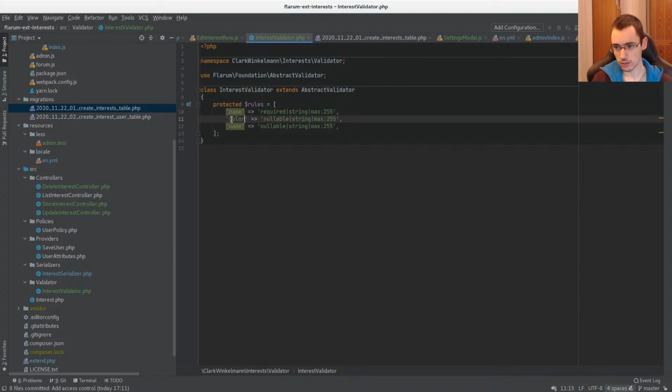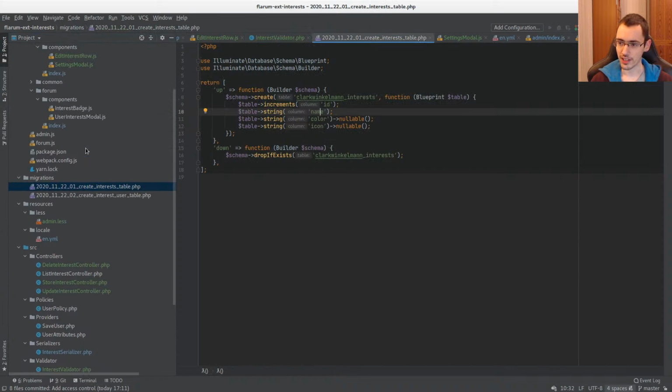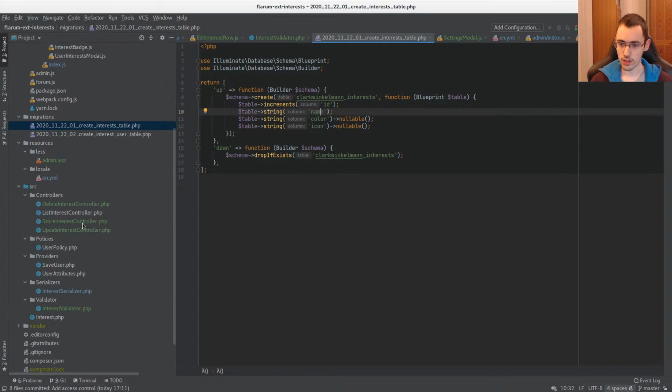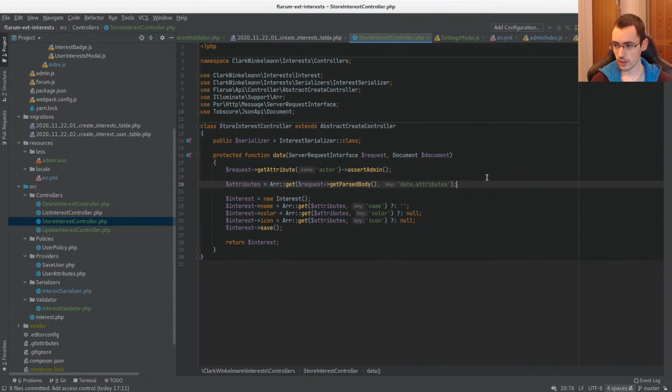color, icon. Technically, I could have a validation on color, but I will not bother too much. Just put it like this. Now I can use my validator in my controller. So